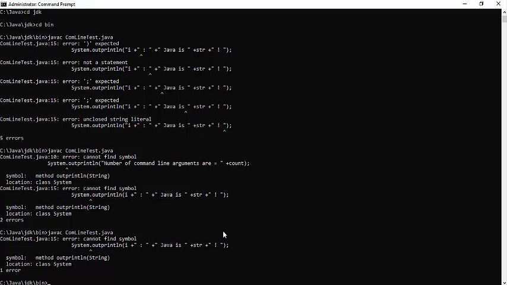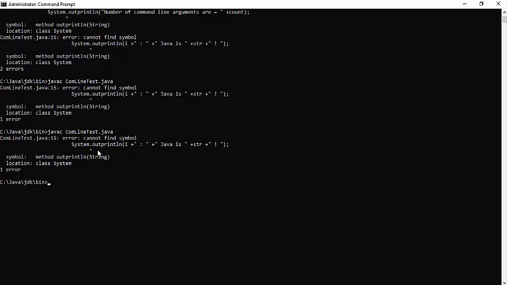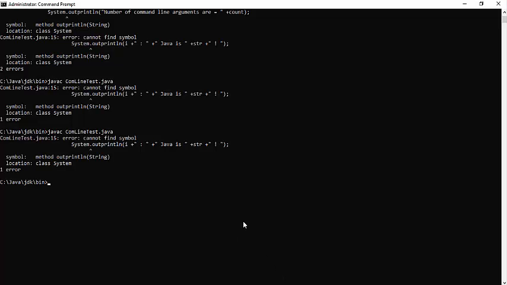See, again one more error is there. So again move to the line number. Open the notepad. So again there is an error. Again I missed a dot operator between out and the println method. So in line number 15, I missed the dot operator. Put a dot operator between out and println. Again save the program and open the command prompt which is minimized. Again compile the program. So again there are no errors. You have successfully compiled the program.